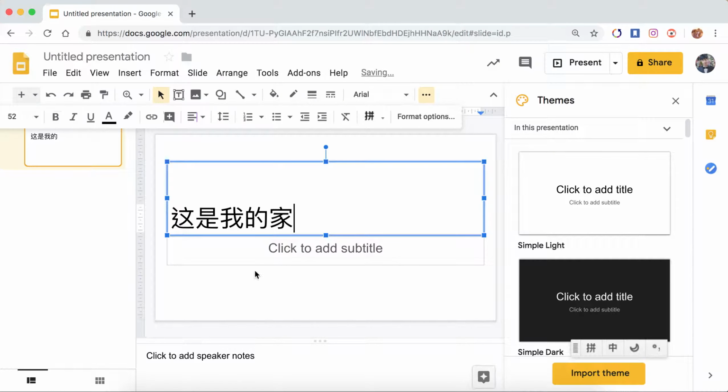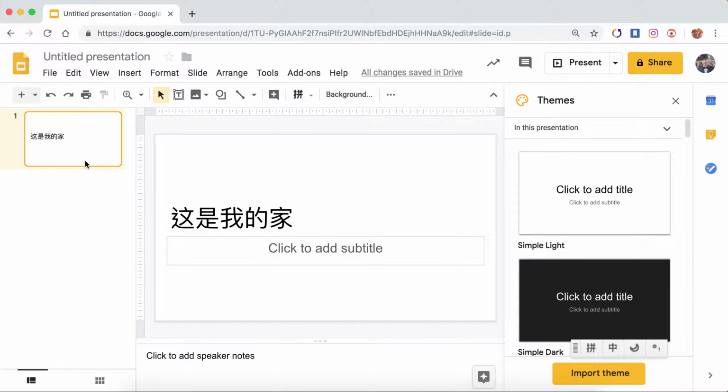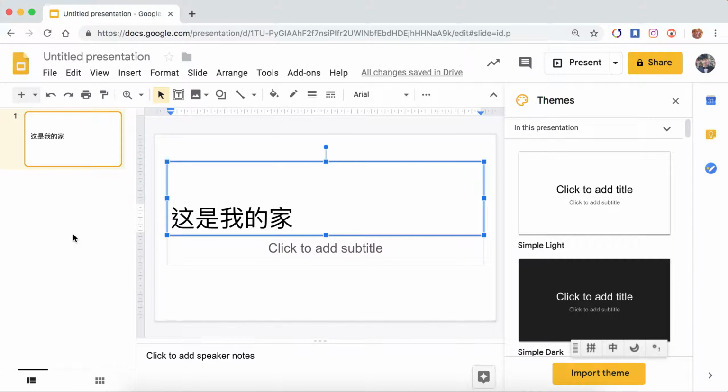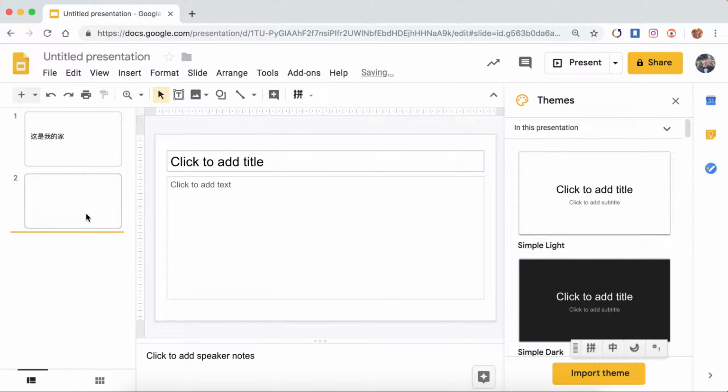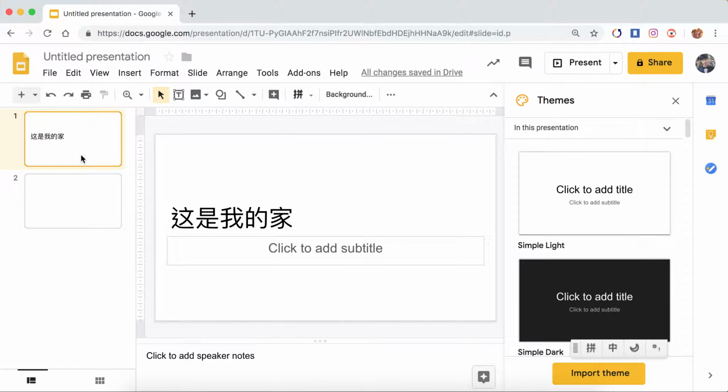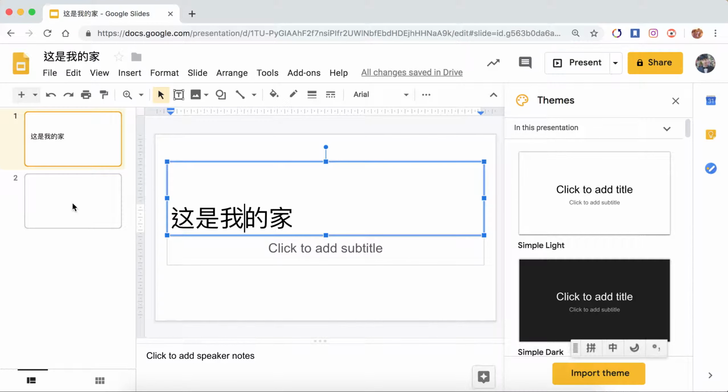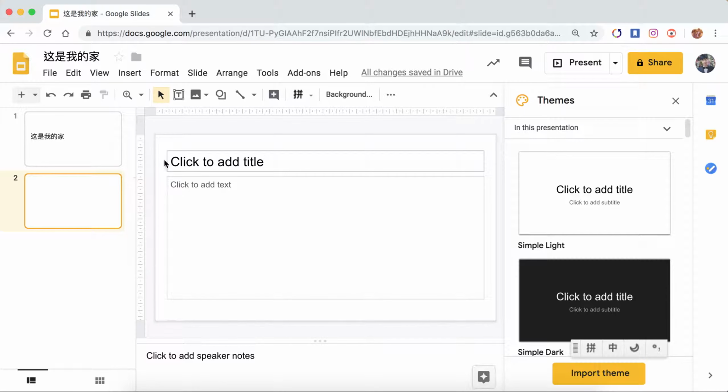So I have my title here, and for simplicity's sake, we're going to go through this without playing with too many things. Too many options for students would confuse them. So I want to keep the steps clear. So just to start off, this is my title, and if you click it, it'll follow what I said at the beginning. So I'm going to start a new one,